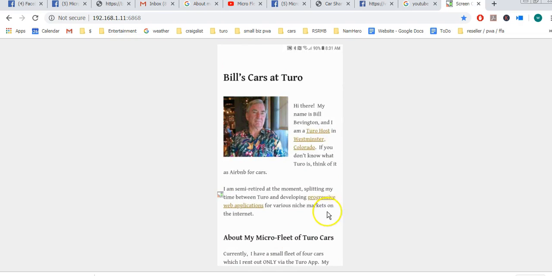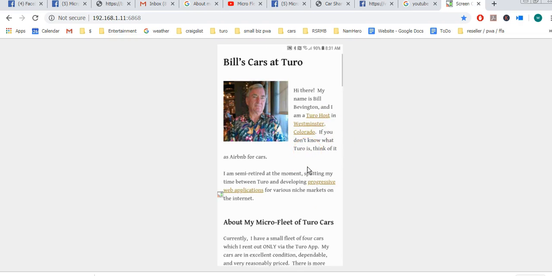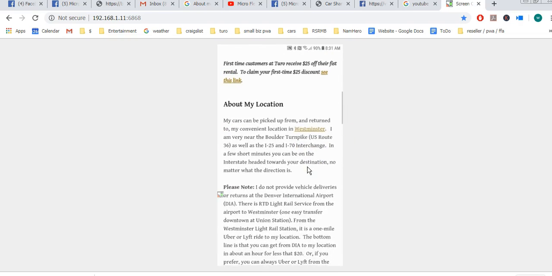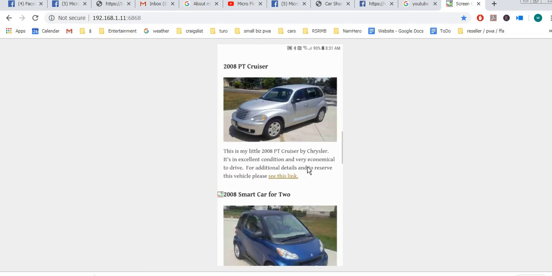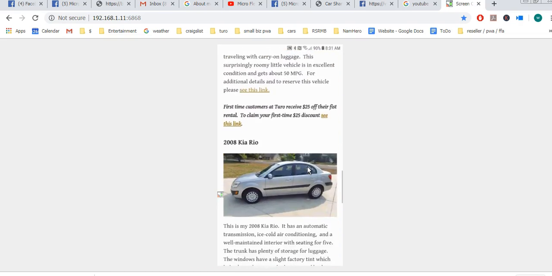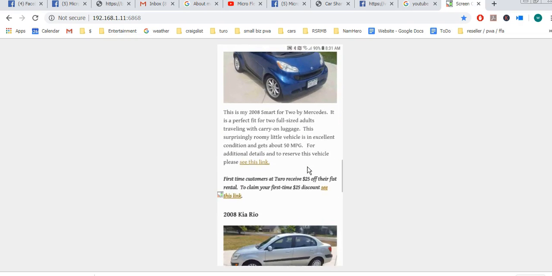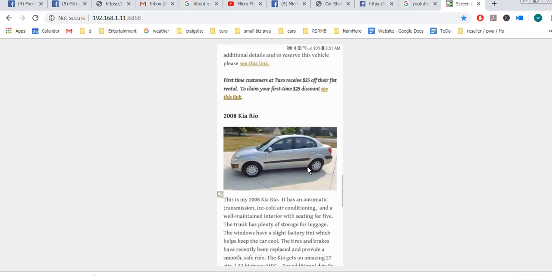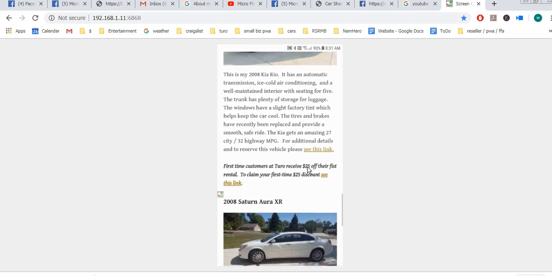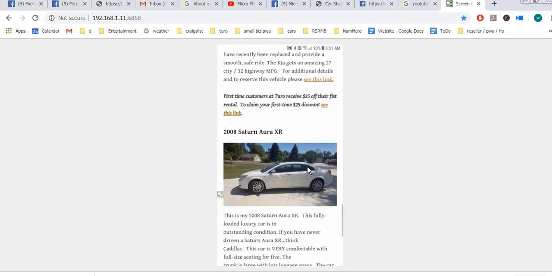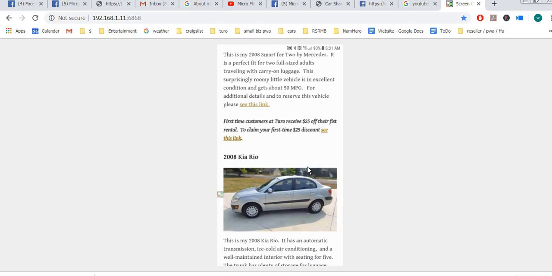And when you purchase this app, we will pre-populate all of this information. We're just going to pull it right off your pages at Turo. We'll pull a picture of your cars off, and you know, a couple little paragraphs. It'll look just like this, but it'll be your cars. Now, the only caveat to that is that